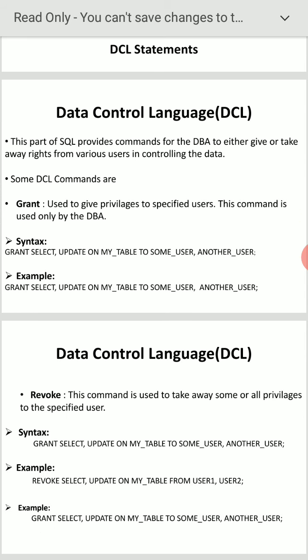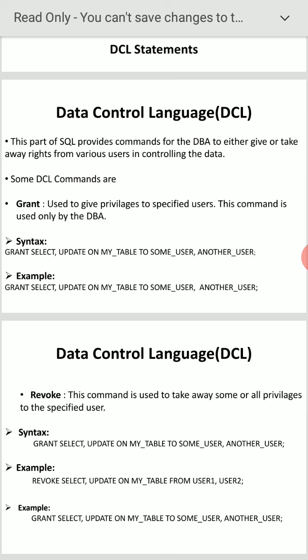Next, we'll pass on to revoke. There I gave one example: grant select on users to Tom at localhost. Revoke is the reverse of that. Opposite of grant is there, no? That is revoke. In grant, the DBA gives the privileges to users.